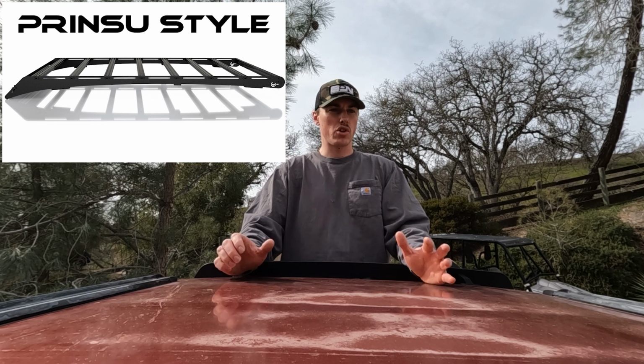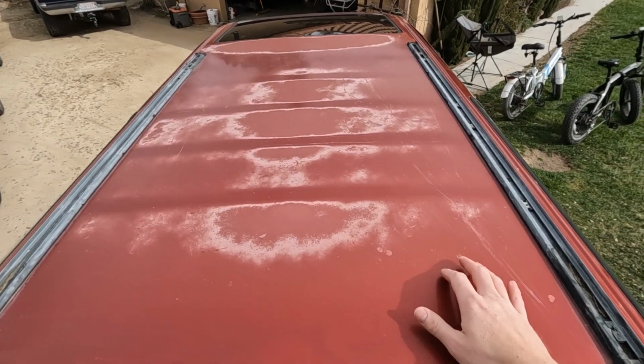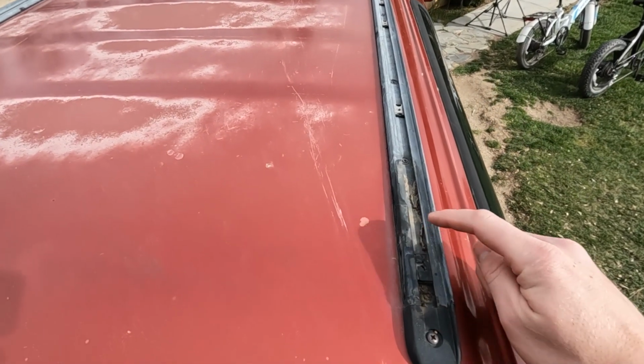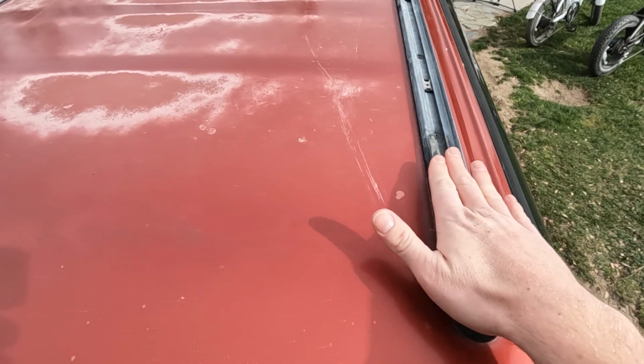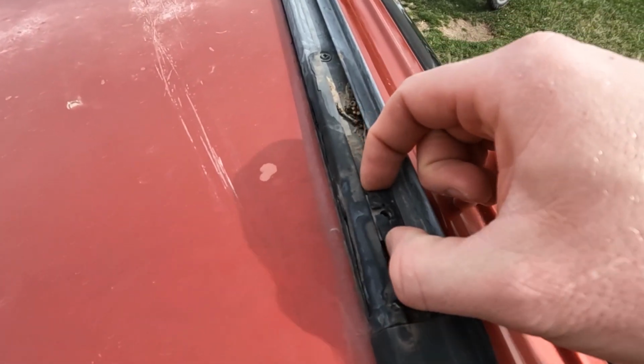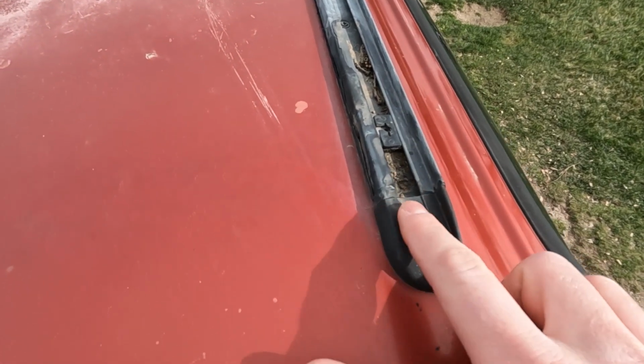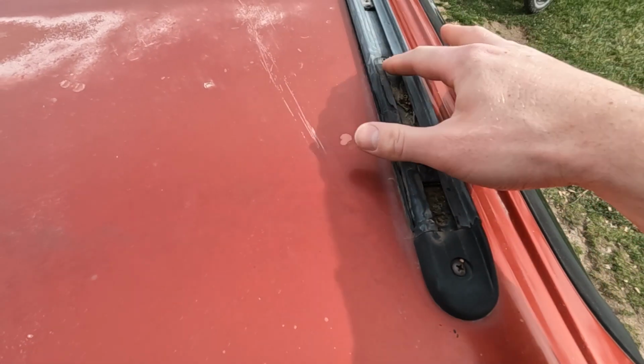And then I'm gonna show you right now kind of what I'm working with and some of the other stuff that I'm gonna do today. Okay, so we're up here on the roof. I would like to utilize these stock channels for the mounting. So what I'm thinking is it's got these little sliders in it. So I could take those out, get a piece of sheet metal that will slide into this track, and then